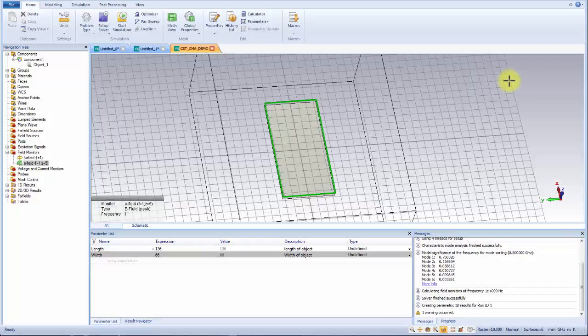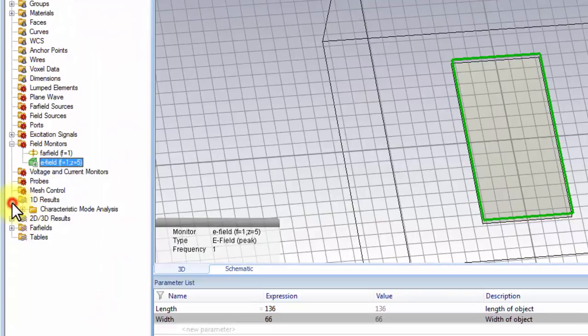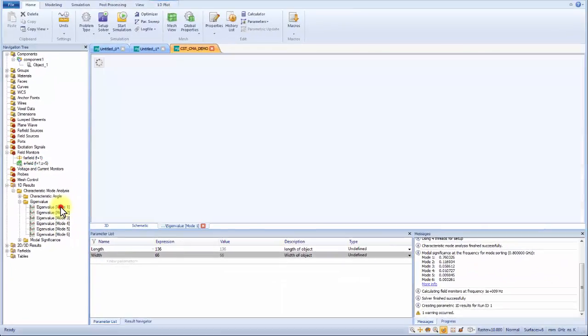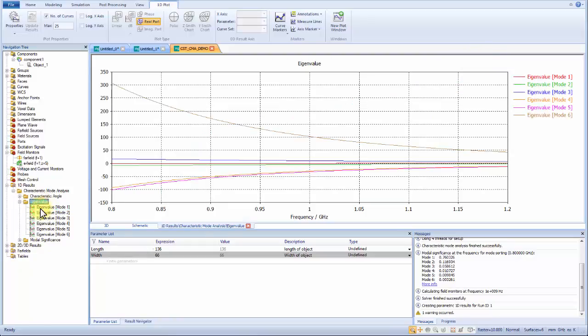Now the simulation has run, we can look at our 1D results. So under our 1D results, we've got characteristic mode analysis. Then it shows us characteristic angle, eigenvalue, and modal significance. Let's start with looking at the eigenvalue. Gives us each of the modes we requested, and we can see that the single mode is tracked across the frequency band of interest. We can look at all the modes by clicking this,